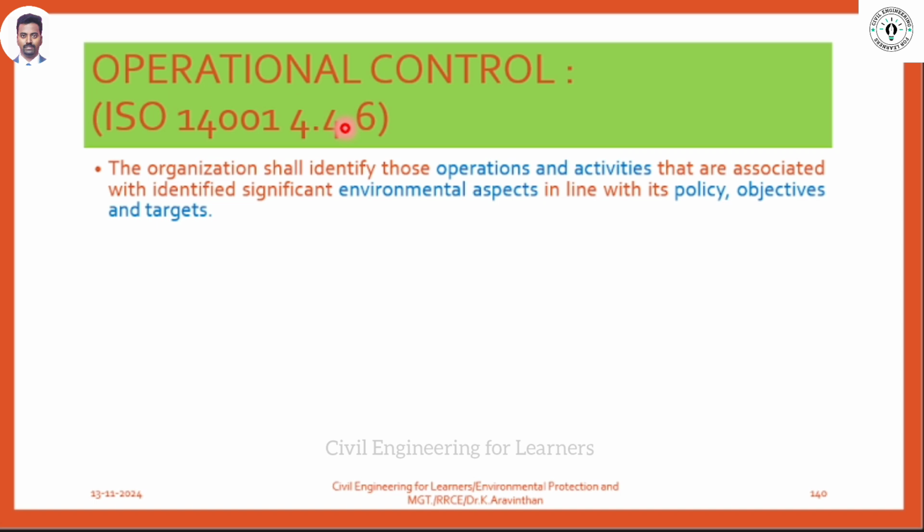So you need a sensor. You need a large boiler. With that boiler you will be having a temperature sensor. So these components come under engineering control. Imagine you are not having a temperature sensor. What happens? You will be generating more heat than what is required. The heat will be lost and eventually your energy will be lost. So there should be a temperature sensor. This is one example of engineering control.